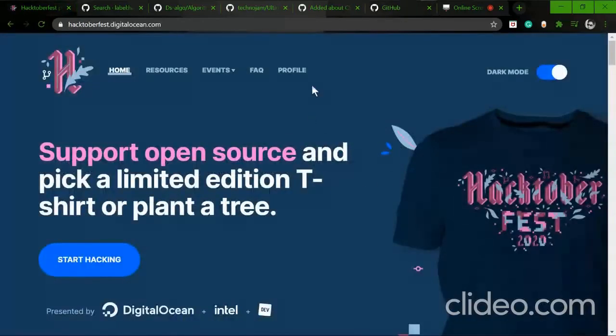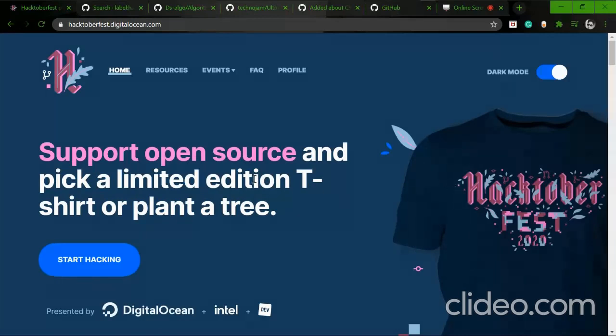After creating the account, you just go to the Hacktoberfest website and register there. And then you have to search for a repo which is available on GitHub. But you are not going directly to GitHub and participating in some repo, because you are not getting anything there. But in Hacktoberfest, you will get a T-shirt, a chance to plant a tree, and also so many stickers which are given by the Hacktoberfest team. So how do you participate in Hacktoberfest now?